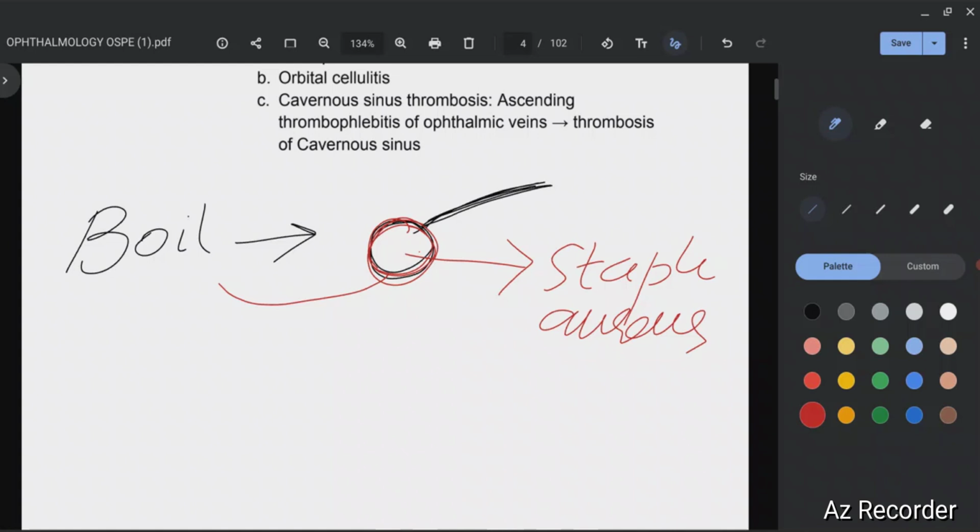Okay, it can occur in your nose, in your ear, anywhere in the body. So a boil anywhere in your body is the infection of a hair follicle by Staph aureus. Okay, if a boil occurs on the eyelash,